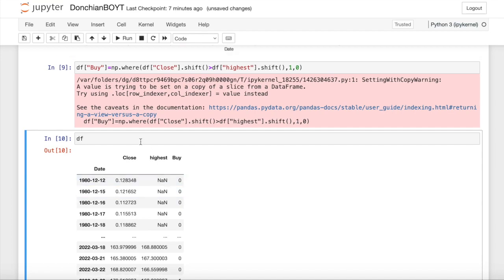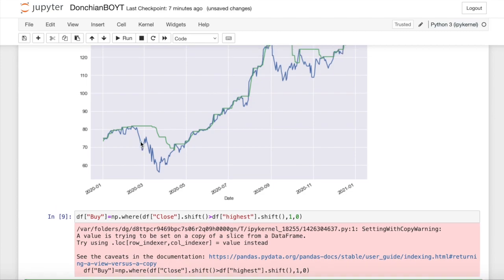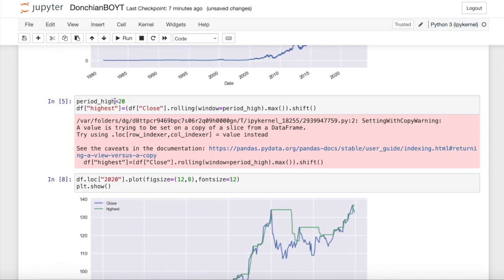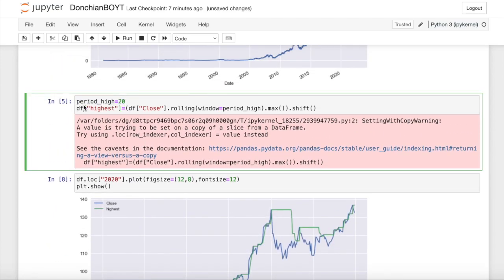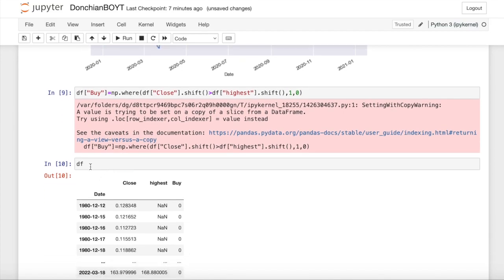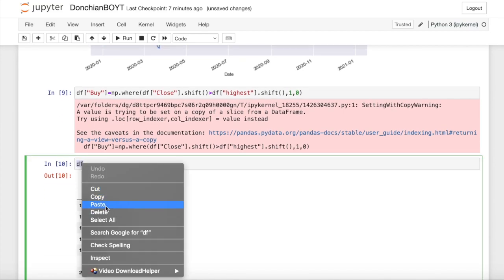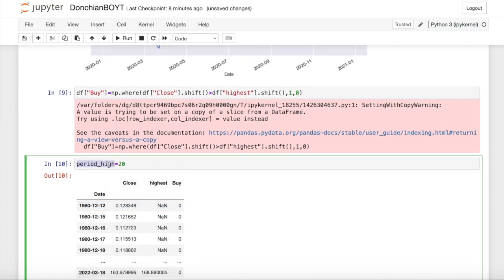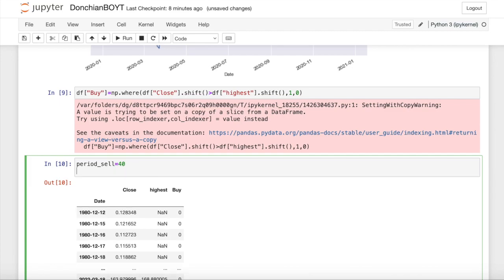So for that we need to declare the selling condition as well. So I'm going to give this period high. Again, we're going to give this period low. So when am I going to exit the trade? I'm going to do the exit as 40 now. So what I'm going to do is I'm going to give period sell equals 40. And then we're going to do the lowest one. So df of lowest,